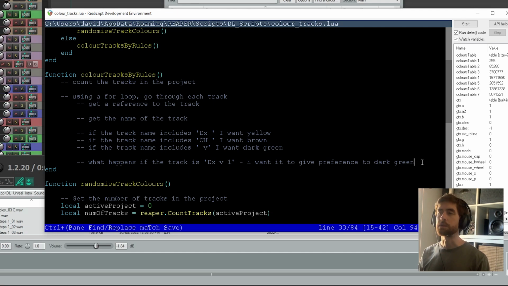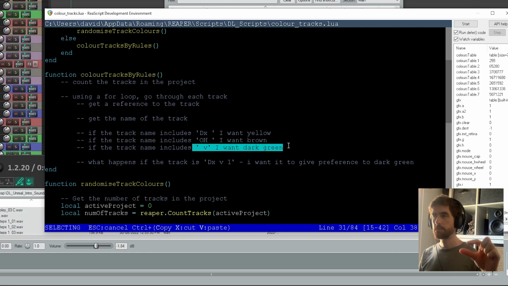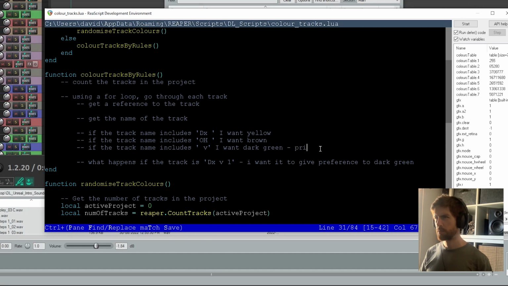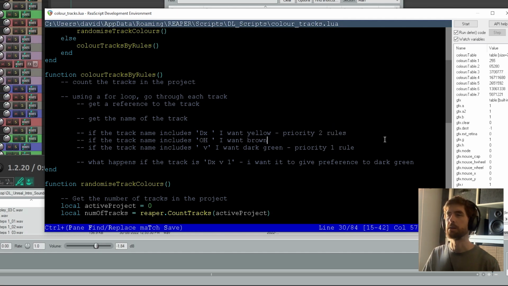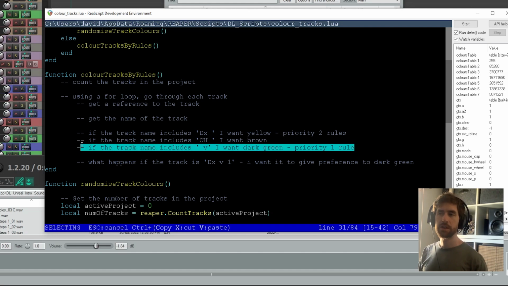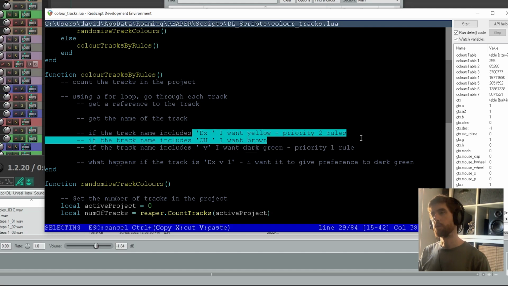So how we're going to do that is we're going to have a hierarchy of priorities. There's going to be a priority 1 rule, which is going to be this one. And these 2 examples that I gave are priority 2 rules, right? So it looks through the priority 1 set of rules. If it finds a match, it does that and moves on to the next track. It doesn't keep looking at rules. If it doesn't find anything in the priority 1 rule set, we then move on to the priority 2 rule